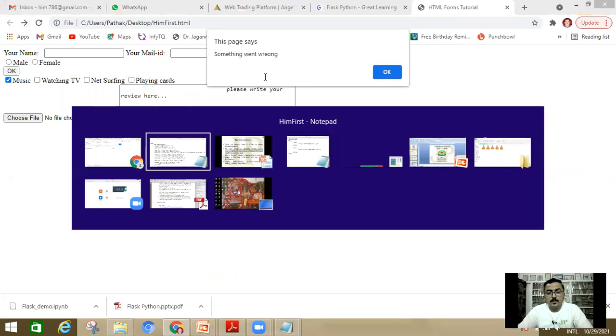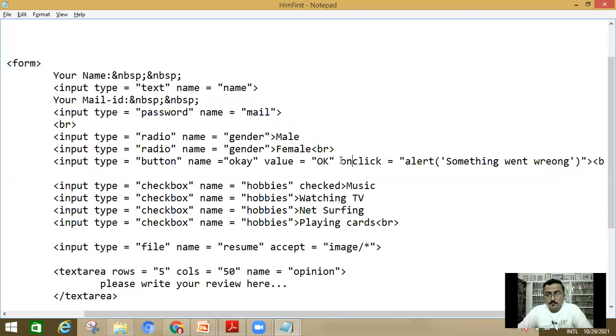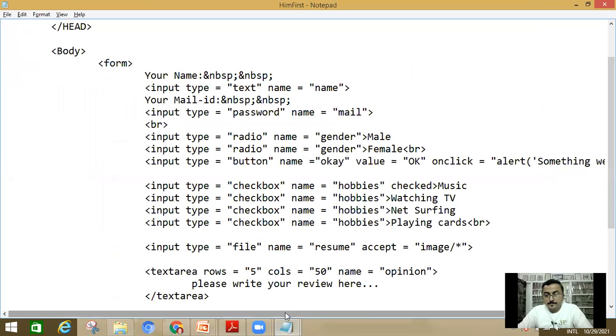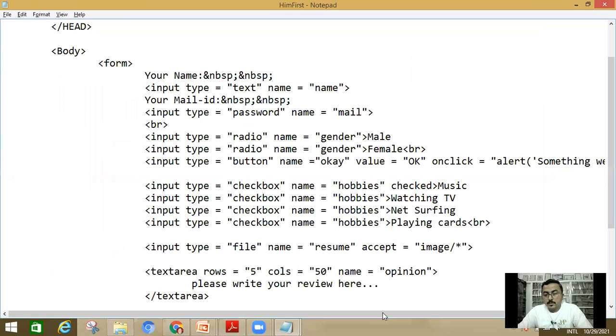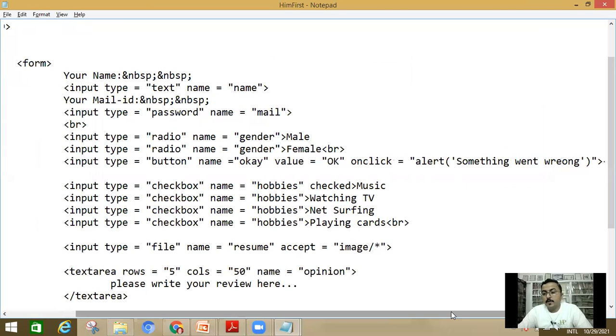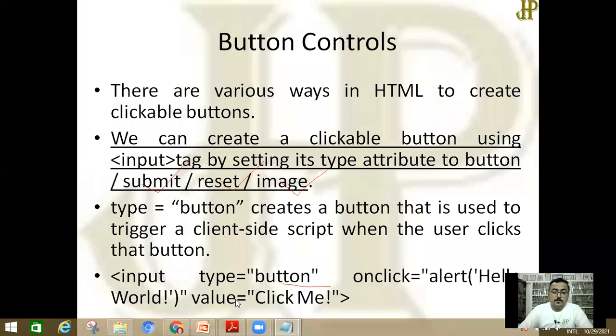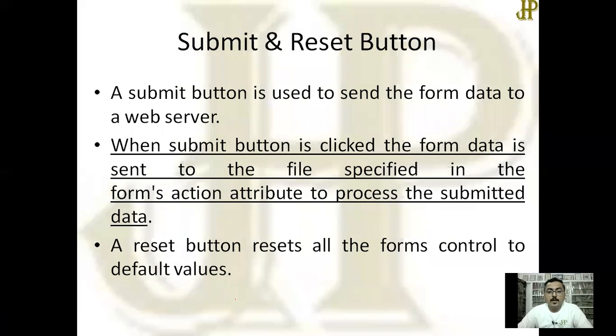So what I have done, I have used the onclick functionality. I have put an alert box. Alert, something went wrong. Clear? So by doing this, you can do various buttons, submit and reset, as I have already covered these things.